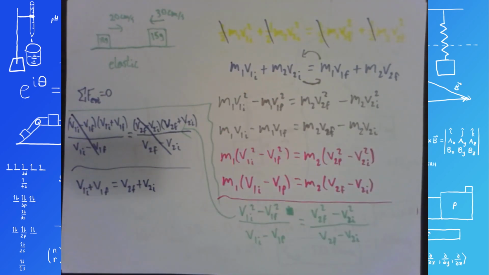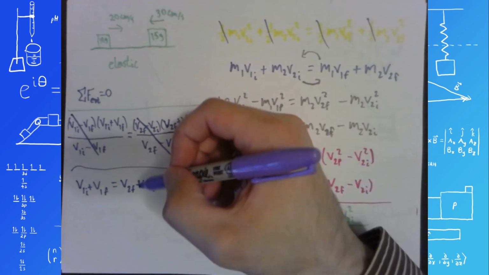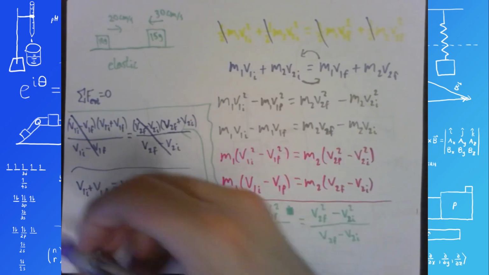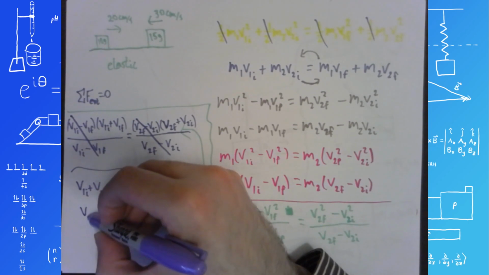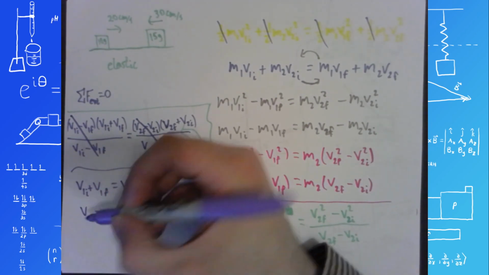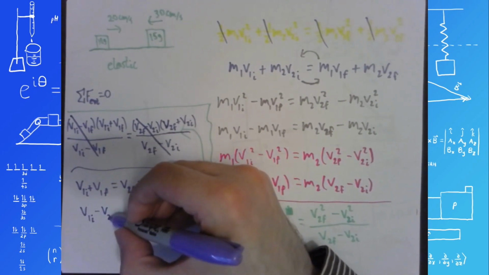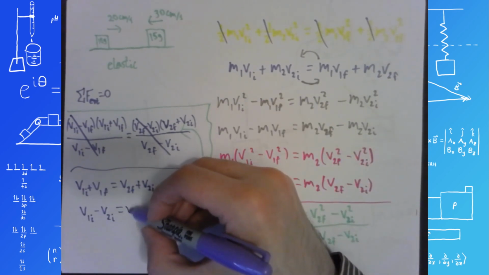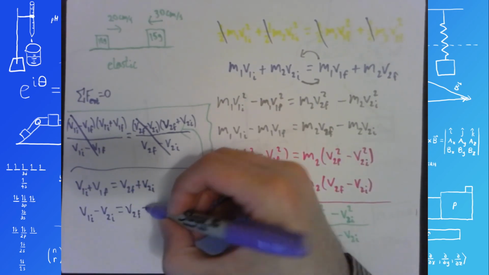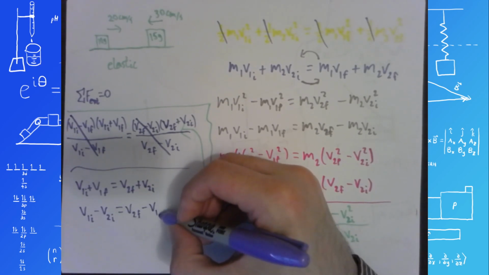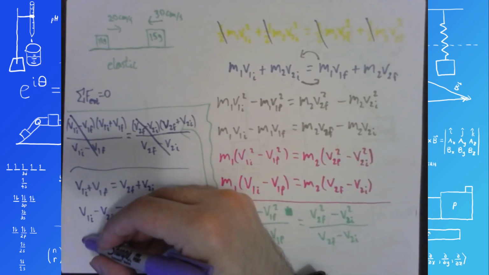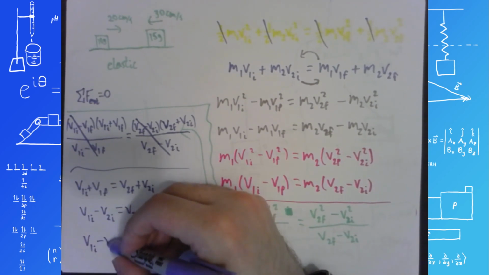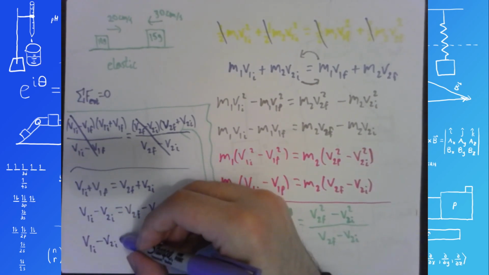I want to rearrange this, so I'm going to subtract V2 initial and subtract V1 final on both sides, and that gives me V1 initial minus V2 initial equals V2 final minus V1 final, which I can rewrite one more time as V1 initial minus V2 initial is